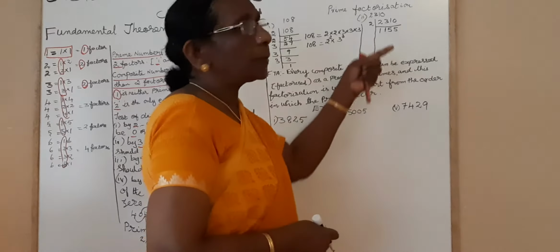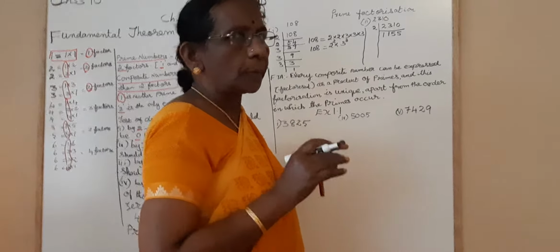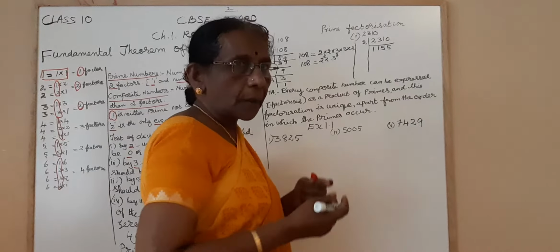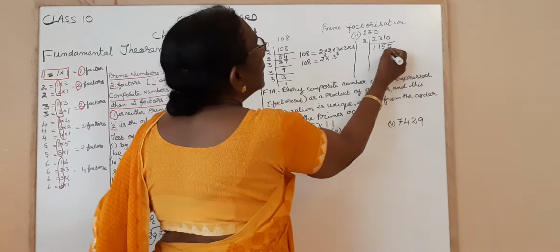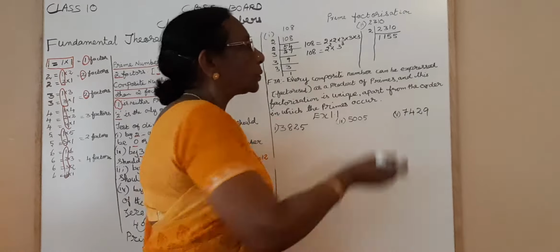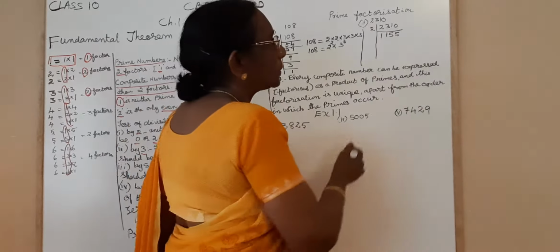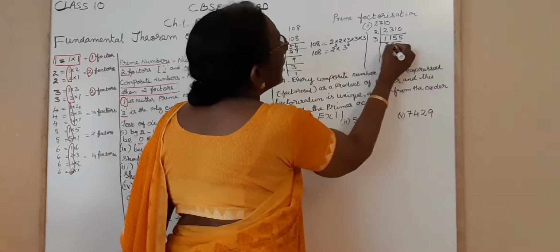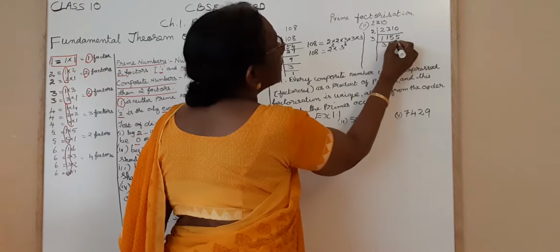Now it is ending with 5. So we can divide by 5. No. Don't be in a hurry. You just check. It is not divisible by 2. Check by 3. 10, 11, 12. 12 is divisible by 3. So this is also divisible by 3. Now you divide by 3. 3 3s are 9, 25, 8 3s are 24, 5.